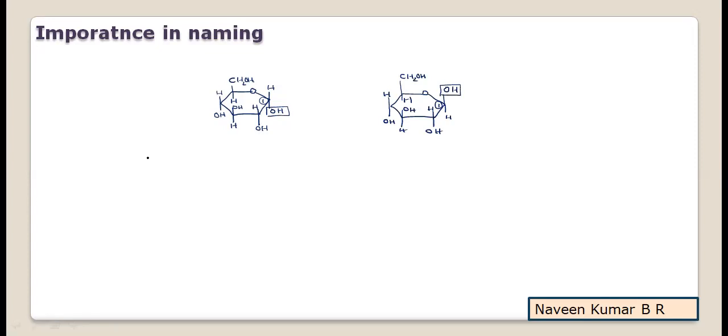Now if you consider the names, when we are writing any monosaccharide name or a disaccharide name, the disaccharide name we'll discuss later. When we are writing a monosaccharide name, the first designation of the name should be its configuration as anomer, that is alpha or beta. Now we know that this first structure is the alpha configuration isomer of the glucose. It is the anomer with alpha configuration.